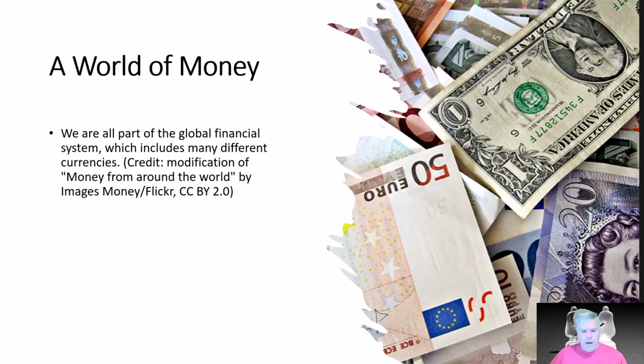So here on the screen, you can see the British pound. Down here, you can see the euro. You've got euros here, you've got dollars, yen, the renminbi, which is the Chinese currency, or the yuan. So you've got a lot of major currencies, and then you've got a ton of other currencies, whether it's the Mexican peso, the Canadian dollar, or the Swiss franc, that also play in. Those currencies can get traded, and we're going to talk a little bit about that in this chapter, and also how those currency trades impact